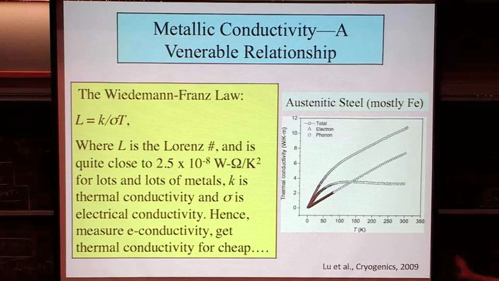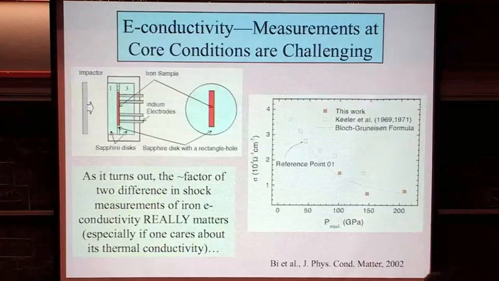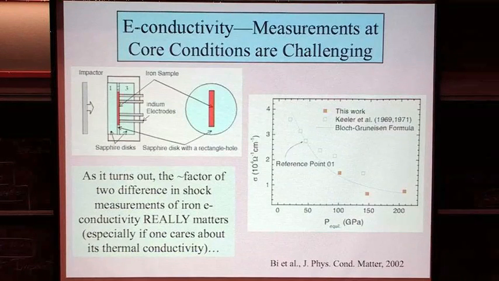So at high pressure temperature conditions, the story of iron conductivity and metal conductivity is almost entirely electron transport. How do you measure electrical conductivity at very high pressure temperature conditions? You can do it in the diamond cell at certainly high pressure conditions. It's a little more challenging to do it at high temperature conditions.